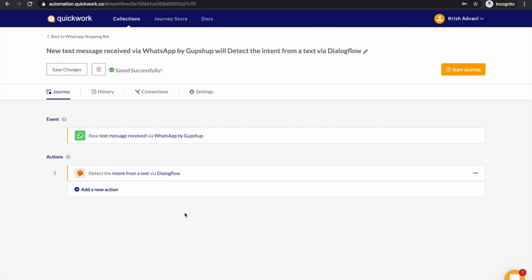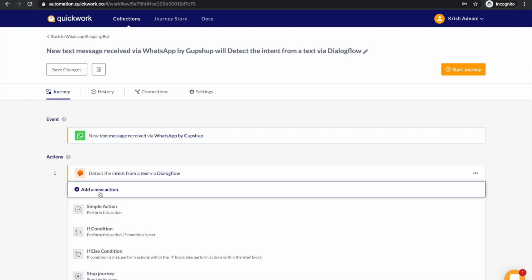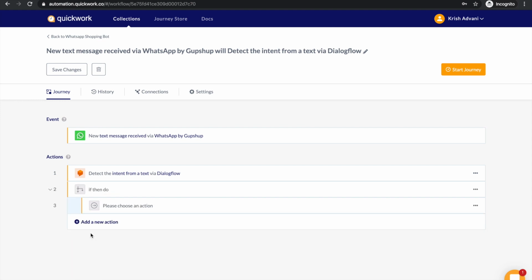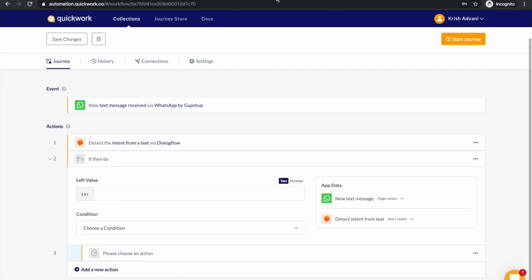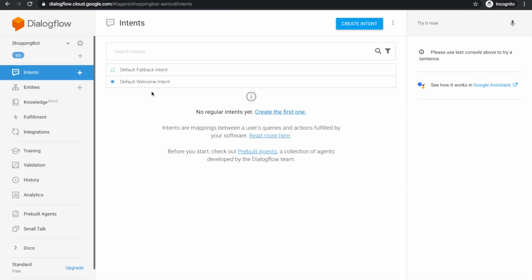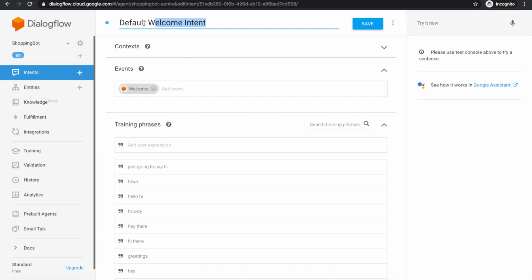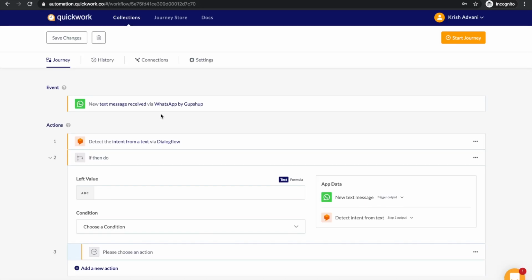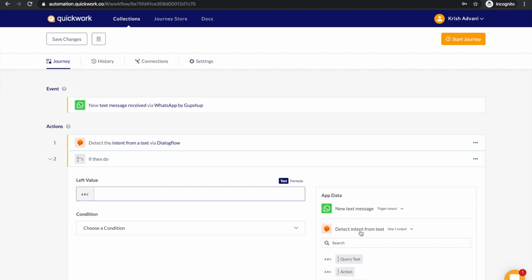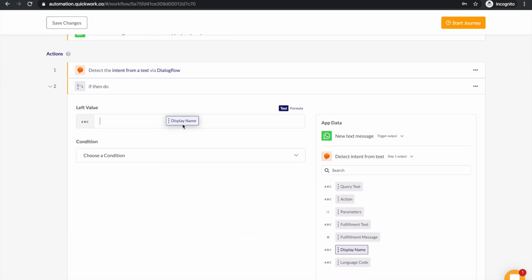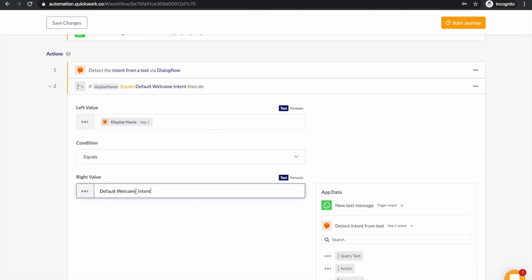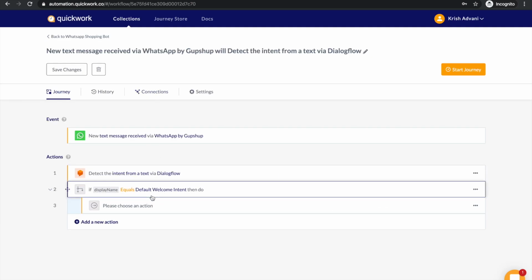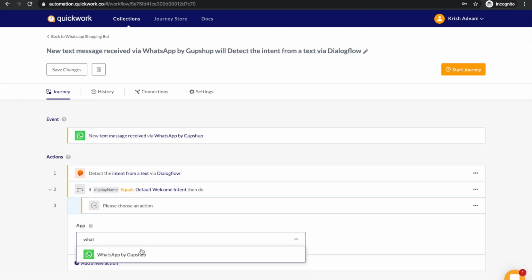Now that every single text message that I'm sending is going to go to Dialogflow, let me go one step further and use a conditional logic or if condition. What I'm going to say is if the display name, so as we saw before, this is your display name, default welcome intent. You can call it whatever you want, but Dialogflow gives you this by default. I'm going to go back here and say if the display name equals, that means it matches, default welcome intent, I am going to send a WhatsApp text message to them